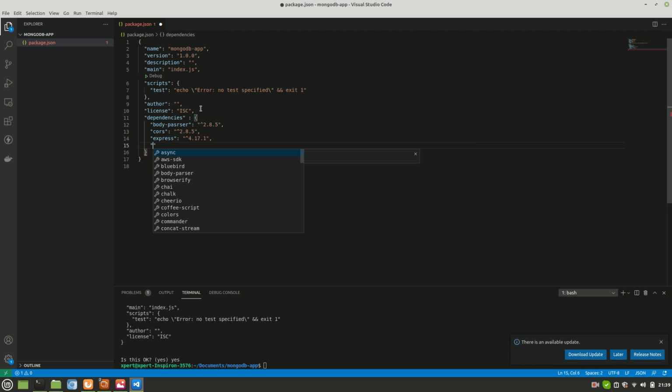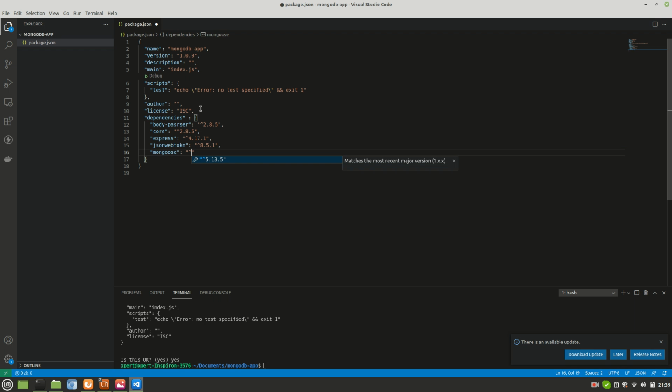Then we need JSON web token, and we need which version? We'll be looking for, let's say, 8.5.1. After that we need Mongoose, of course.